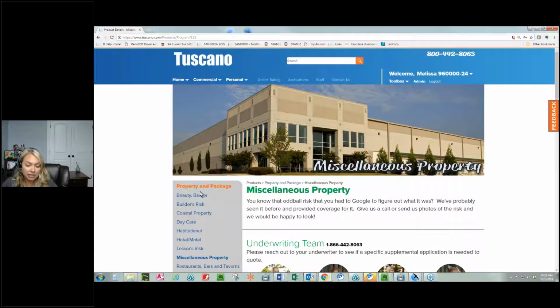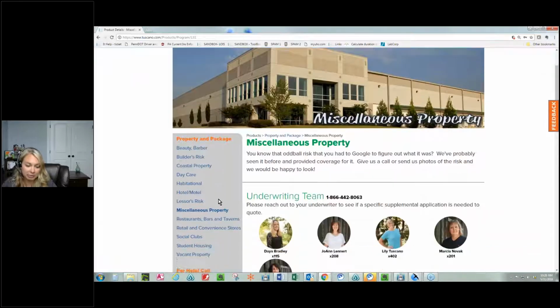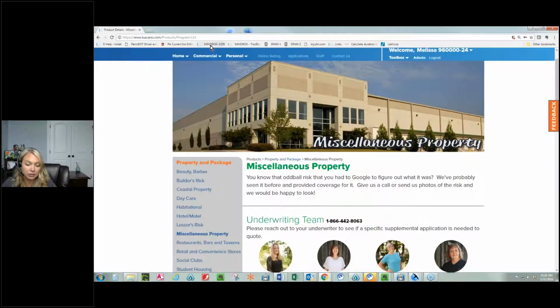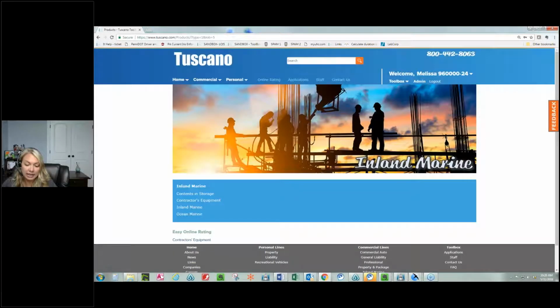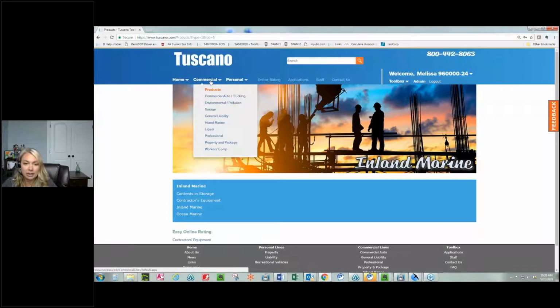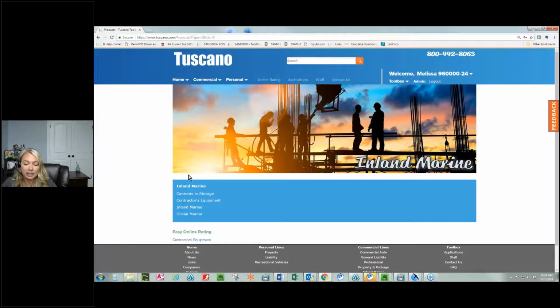In the property package team, we also can look at the inland marine and ocean marine lines of business. So we can do the warehouse legal, bailees, contractors equipment, fine arts, scheduled equipment, and we can even look at livestock and horse mortality for you. And for ocean marine, we can look at the ocean cargo, marinas, the hull, P&I, marina operator's legal liability, and we even have a few admitted markets for those.